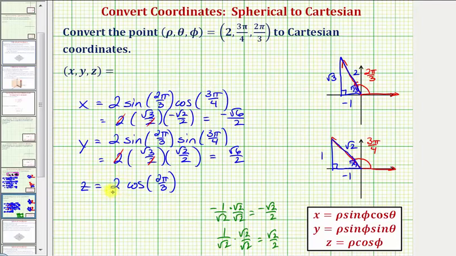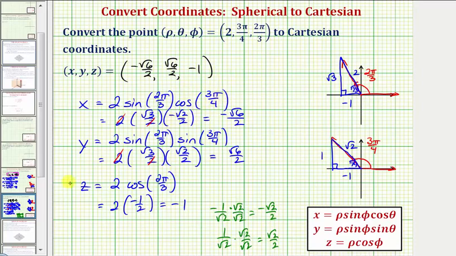And then finally for z, we have 2 times cosine 2π/3, which would be 2 times, cosine 2π/3 is equal to the ratio of the adjacent side to the hypotenuse, which would be negative 1 divided by 2, or negative 1/2. So notice here, the z-coordinate is just negative 1. So the Cartesian coordinates are negative square root 6 divided by 2, positive square root 6 divided by 2, negative 1. And before we go, we did say we were going to verify our trig function values on